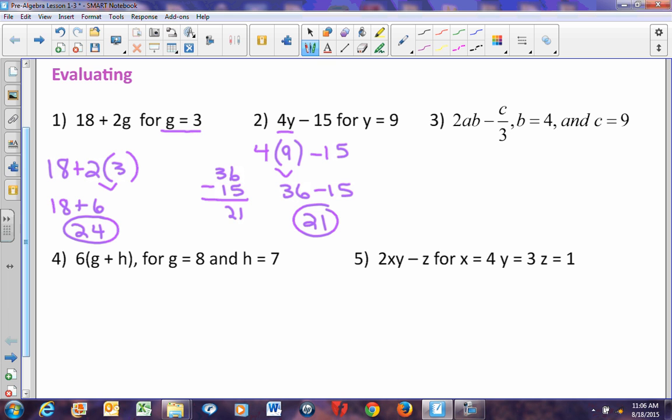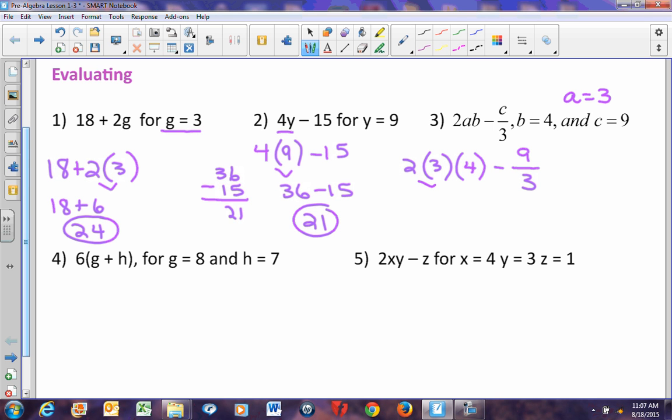Number 3, 2ab minus c over 3. We forgot a has to equal 3 here. So a equals 3, b equals 4, and c equals 9. So now I have to replace 3 variables. So it's going to be 2 times a, which is 3, times b, which is 4, minus c, which is 9, divided by 3. Now to follow the order of operations, I have to do multiplication and division from left to right,